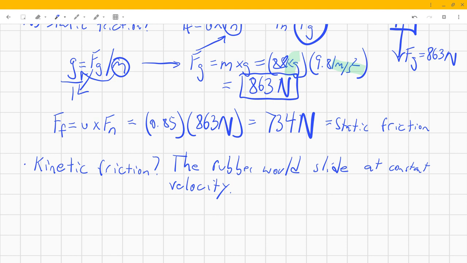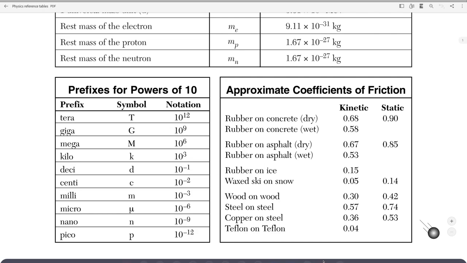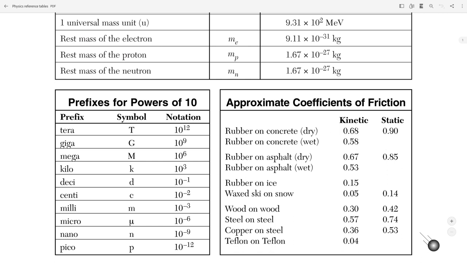So again, now the rubber, if it's sliding, that means it's moving. So we're going to use the kinetic friction, the coefficient of kinetic friction. So let's do it again. So this would be the force of friction is equal to the coefficient of friction times the normal force. Normal force. But now, if the rubber is sliding, we will use rubber on dry asphalt kinetic friction,